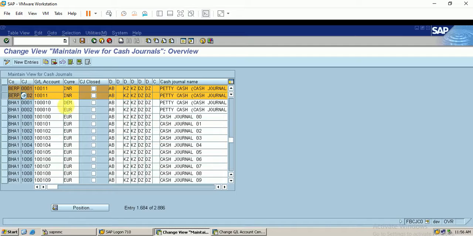So whatever document we post in this cash channel or in this cash channel, both of them will take the document number range from 01 that we configured in our previous step.